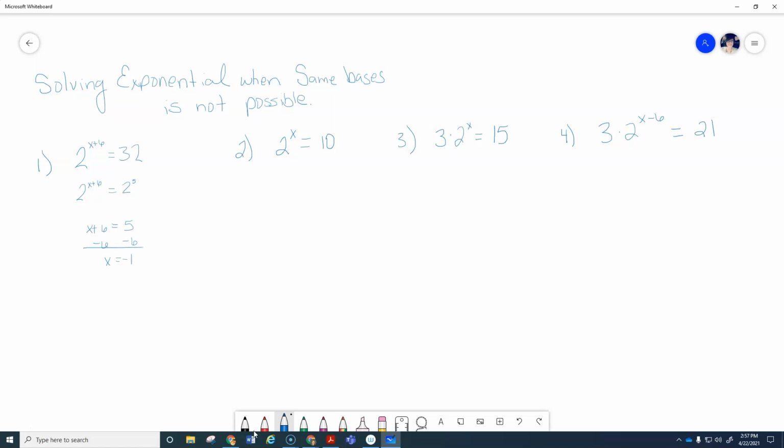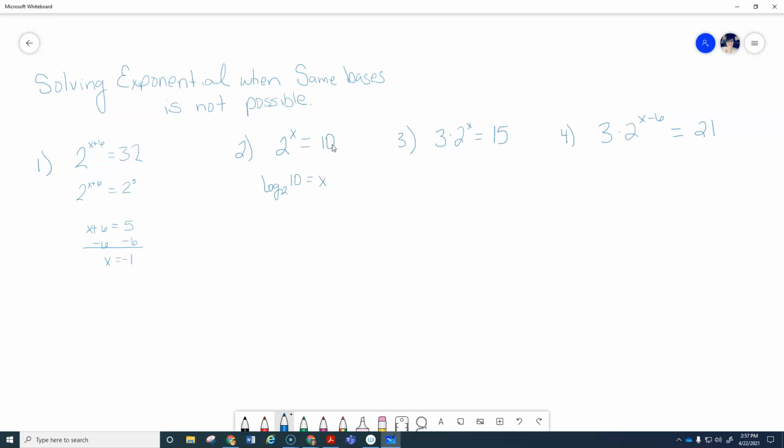But that doesn't work for all problems because we cannot change this 10 right here into a base 2, because 2 raised to a power is not going to be a whole number. So since we can't change that 10 to a base 2, all we can do to this problem is rewrite it as a log. So you rewrite it as a log, the base stays the base, and the other two